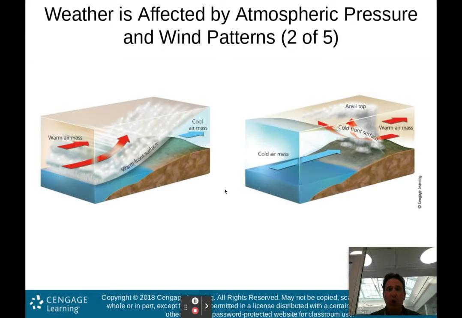So here are basically your cross sections of a warm front on the left and a cold front on the right. Once again, in a warm front, the warm air slowly, gradually rises up over the cold air mass that is at the surface, because again, cold air is more dense, warm air is less dense, so it rises, okay? And that produces this large area here where you have clouds, and again, usually a light, steady precipitation, either rain